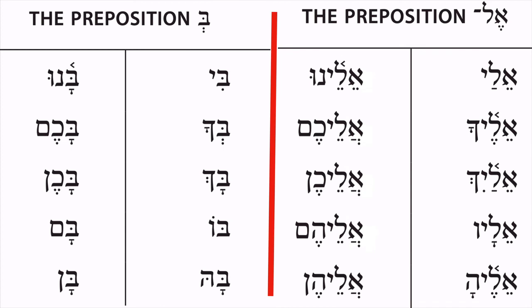To wrap up, here I have these two charts side by side. The preposition b, and then our paradigmatic preposition l. And these are the two sets of forms you can just memorize. Really what you need to know is these batch of endings. And what I want to just reiterate is that it's not as hard as it might first appear. It's sort of just one chart with then a secondary version. And the secondary version really looks like the first version, except it adds a yod. And so especially if you can attend to the consonants,